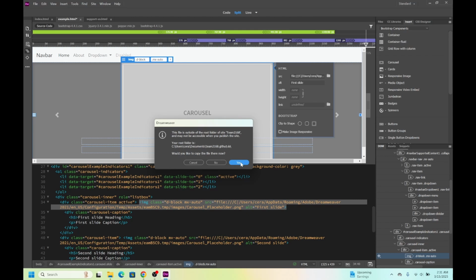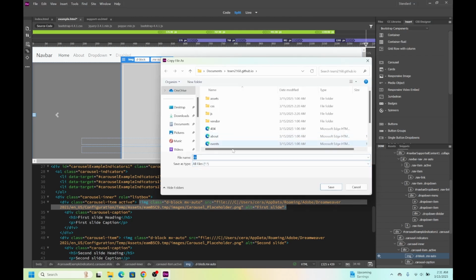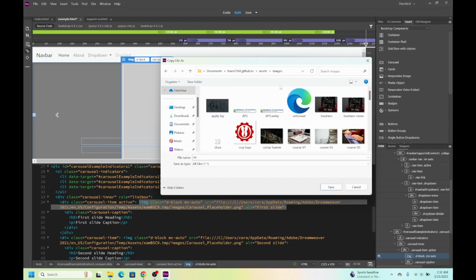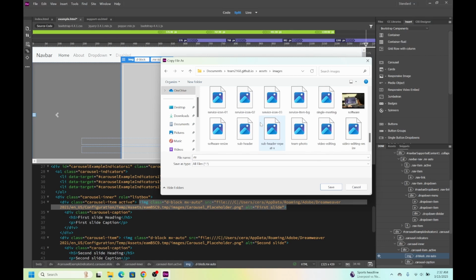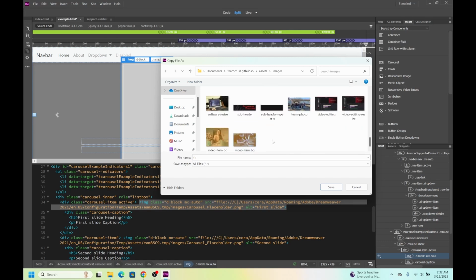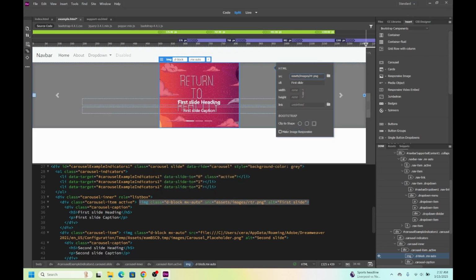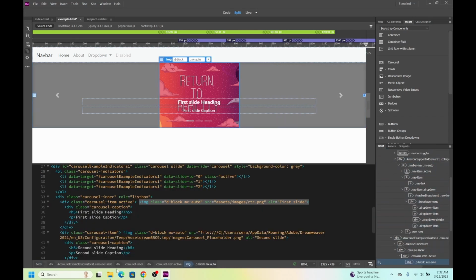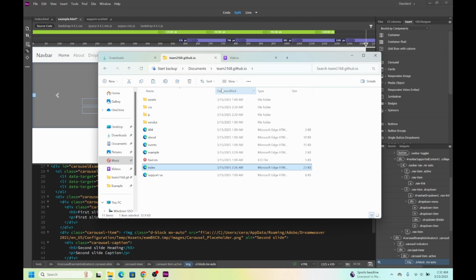So copy the file over. Our images, I think, should be in assets and then images, so this folder. And then you can save it. So there we go. So yeah, once again, any image that you use for the website has to be inside this